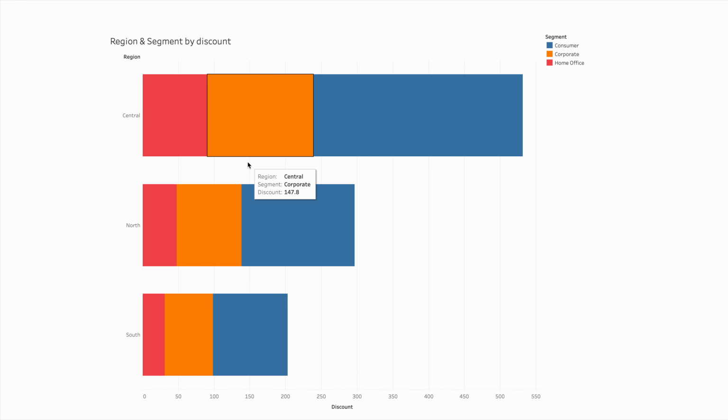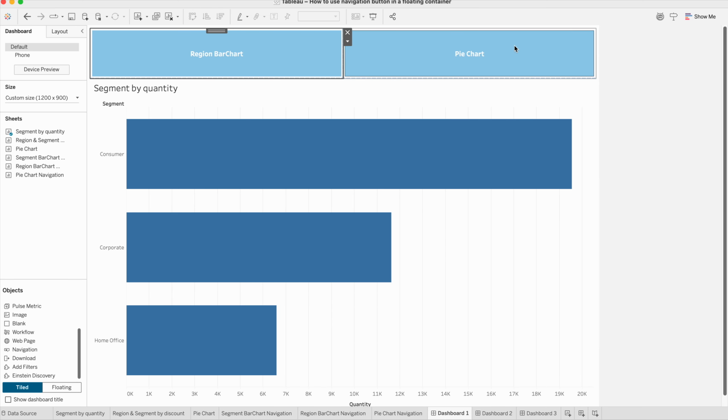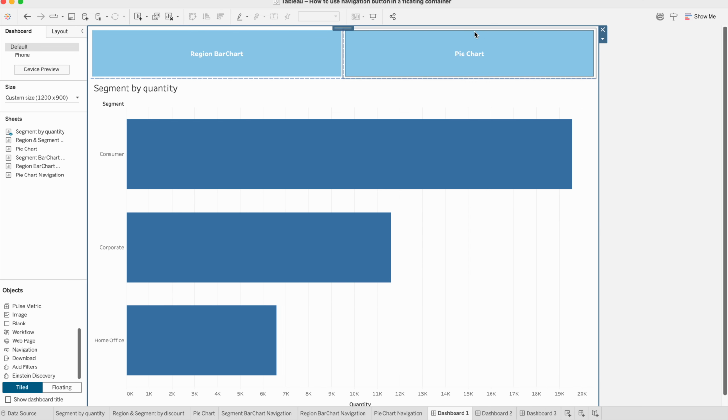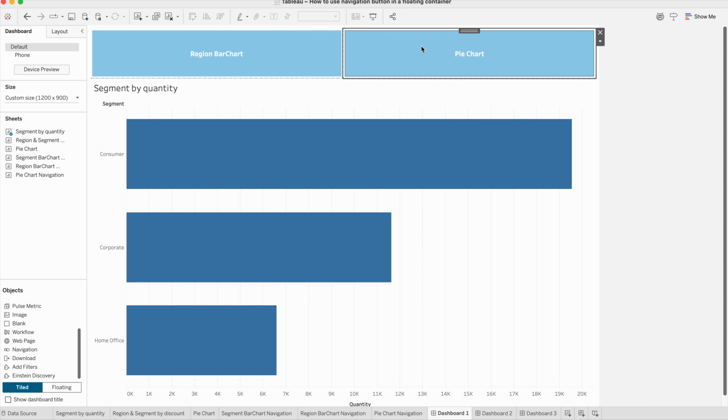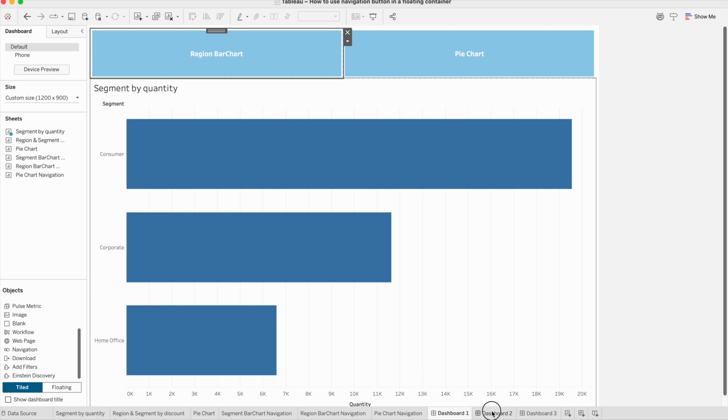You can see that we have that already, but because I do not have the same navigation button in here, I will not be able to go back. So I need to copy that navigation button and do likewise. So let's escape this one and go back to our development mode, and I'll come here and double click. Let's copy, because I do not have this in a container, I'll just copy and paste in the other one